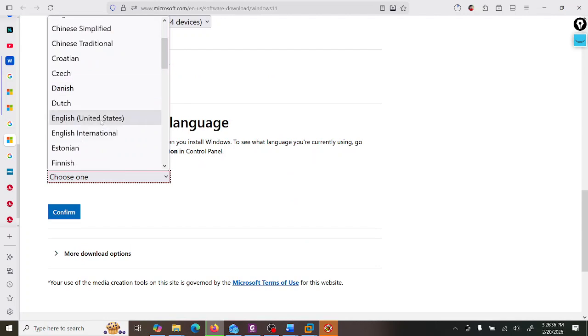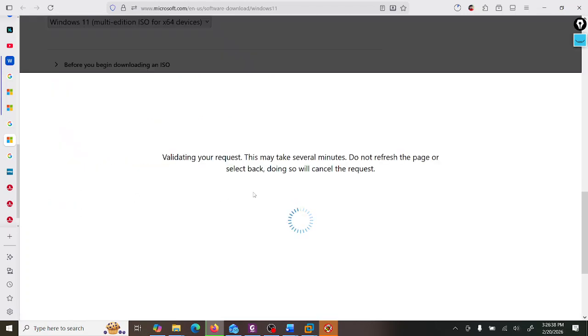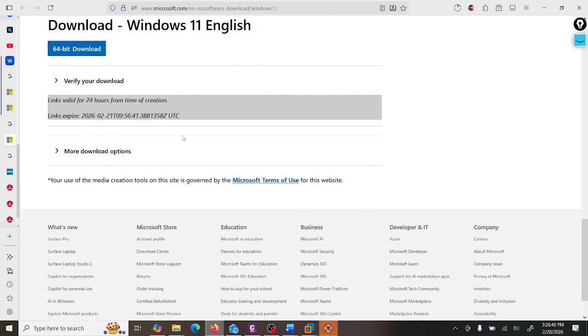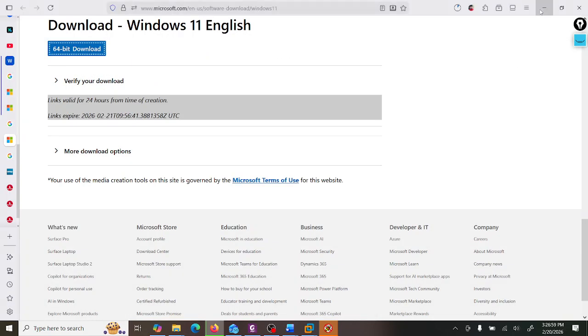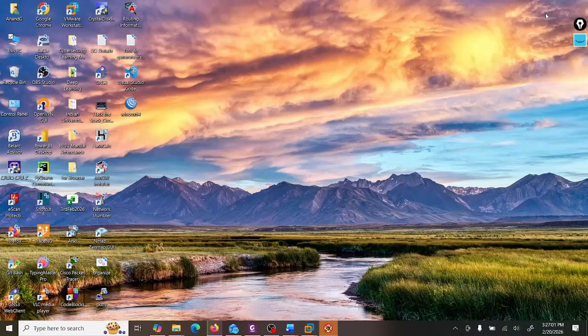It will ask you to select the language and confirm. After that, you can download the 64-bit ISO image, and then click on save. I have also downloaded that ISO image, so I'm not going to continue this process. After we have downloaded VMware Workstation and those two ISO images, we'll go with the installation of VMware Workstation